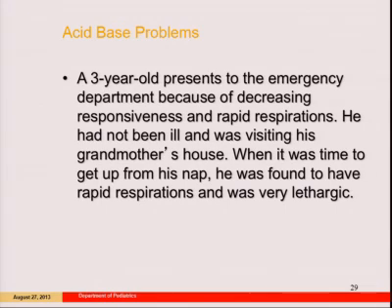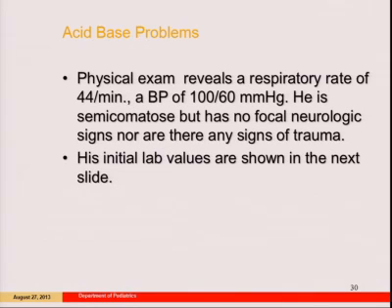Grandmother's house. If you see that in a board question, the only question is, what toxin did he get into? Literally, I was giving this talk to the residents at the Cleveland Clinic more than 20 years ago. I got this far and all their beepers went off. The story was they were rushed to the emergency room because somebody was at grandmother's house, had gotten into mother's ditch. So when you see grandmother's house, and sudden onset of symptoms, the only question is, what did he get into?